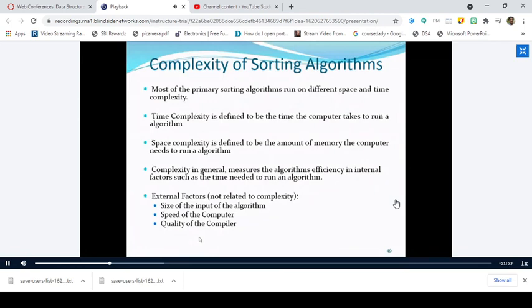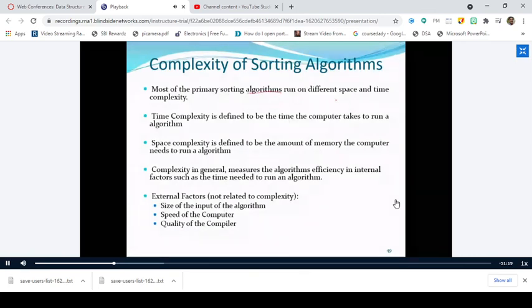But as I told you, it is not the best or the fastest in all cases, so it depends on the situation where you are using the sorting algorithm. Keep in mind that no sorting algorithm is best or fast in all cases. This is the important point we have to remember. And as I told you, the performance of any algorithm is based on two metrics: one is the space complexity and another one is the time complexity.